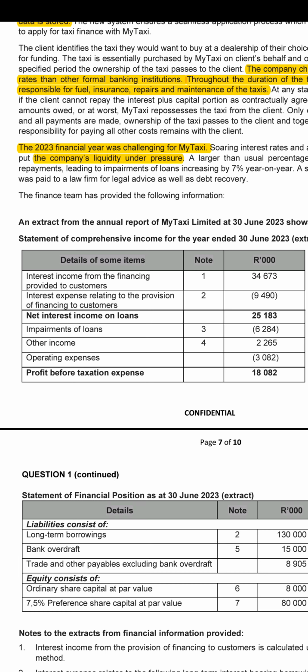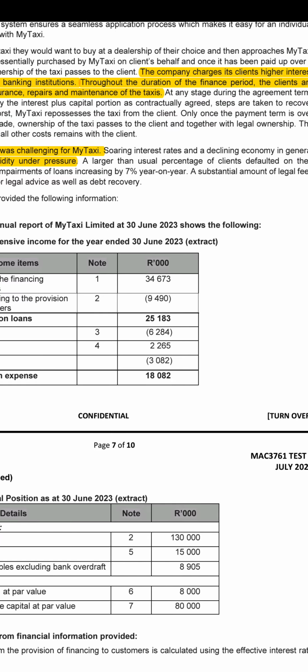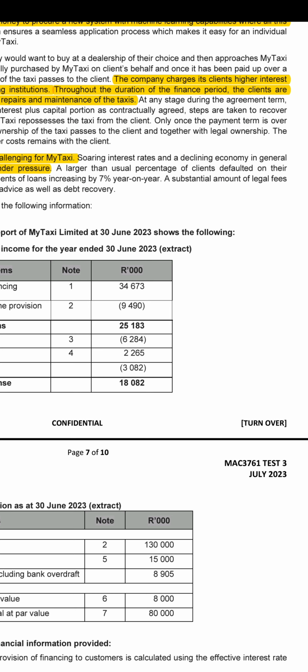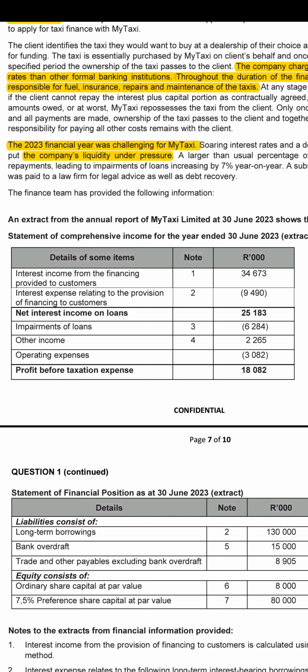Or they don't meet the traditional requirements for credit worthiness because they don't have a credit history and all of that. Now we've been charging them higher than normal interest rates. Chances are that they're going to default, and that is what happened, right? In fact, a larger than usual percentage of clients defaulted on their repayments,